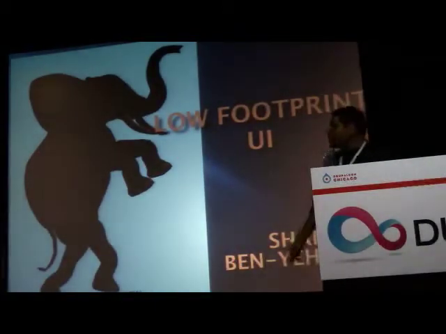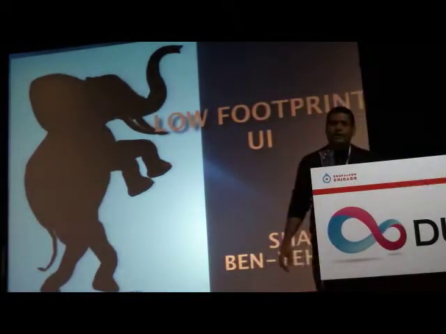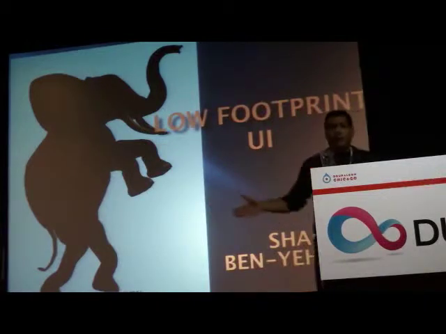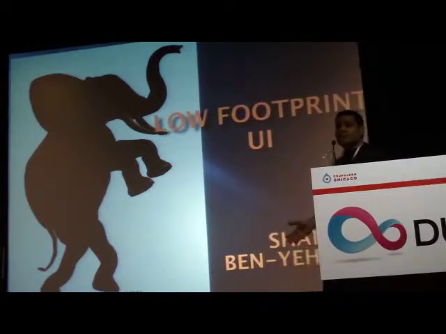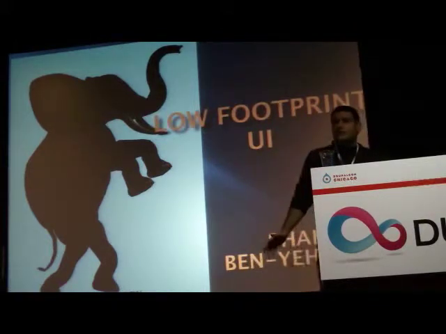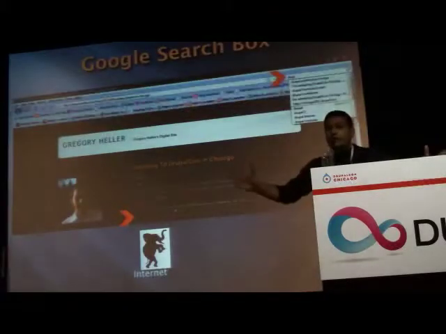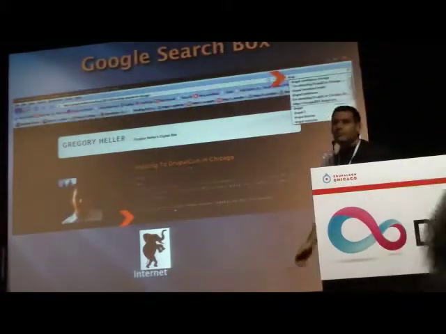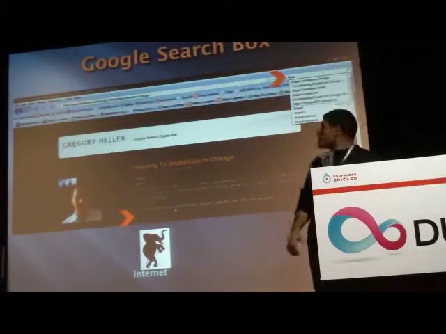Hello everybody, I'll be talking about low footprint UI. The elephant is actually your application, and the footprint is the screen which is getting smaller and smaller. The first example we're going to see is a Google search box. So the elephant is the whole internet, and the footprint is just a tiny text box, but we all know